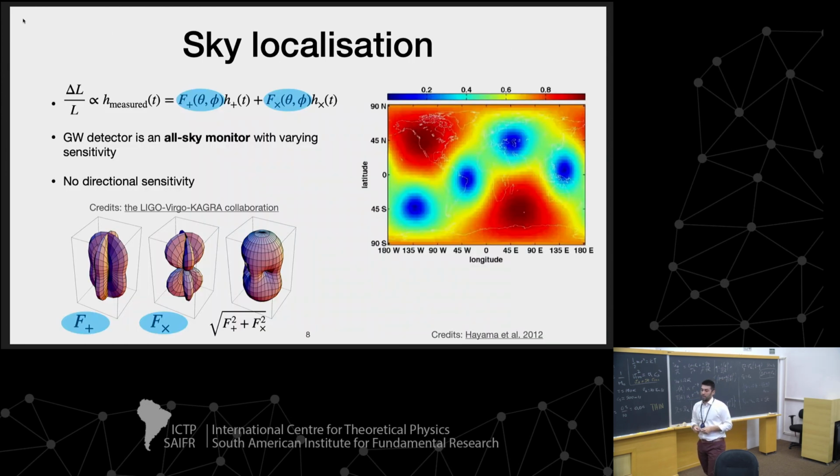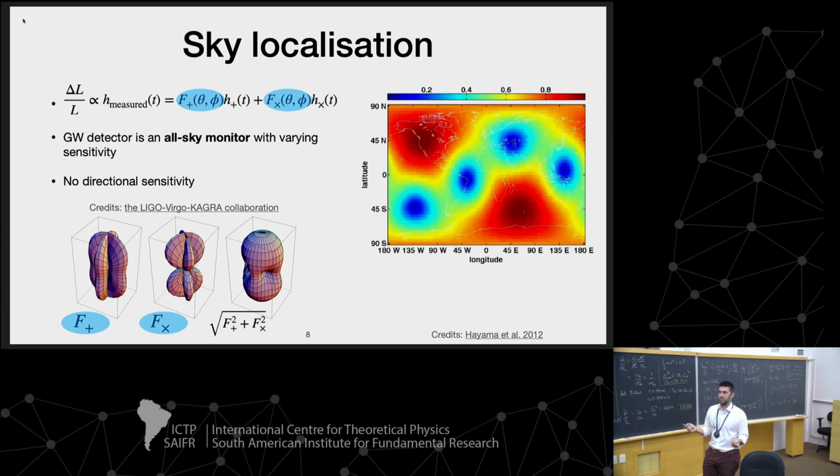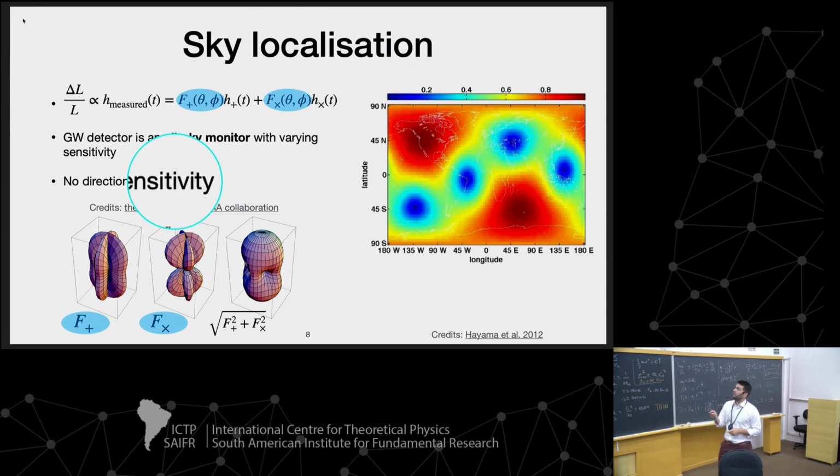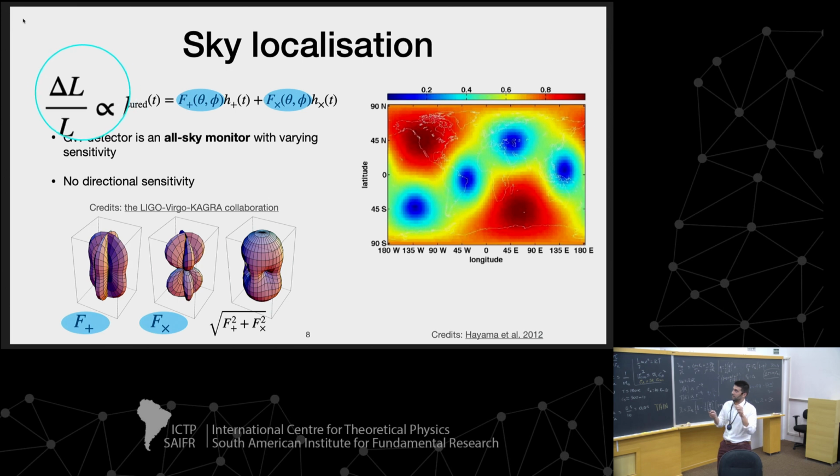Okay, but we need a good sky localization. Otherwise, we would need to point at basically whatever in the sky, so we need to shrink the sky localization. And now I want to tell you how sky localization works. So when a detector measures delta L over L, the displacement,